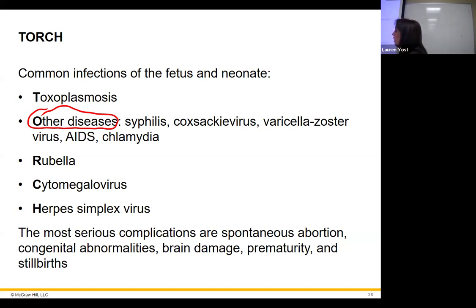However, mothers who are pregnant with rubella can transmit it to the baby, and it can lead to spontaneous abortion and stillbirth and things like that. It's very serious. Sort of like toxoplasmosis, but worse. Okay. Cytomegalovirus, CMV. If you've ever donated blood, then you may have gotten a little letter saying if you were CMV positive or negative. That's what they're testing for there. It causes a mild cold in adults, but in babies, it can be very serious and cause serious problems in the fetus.